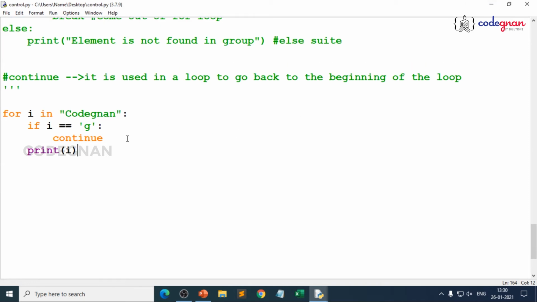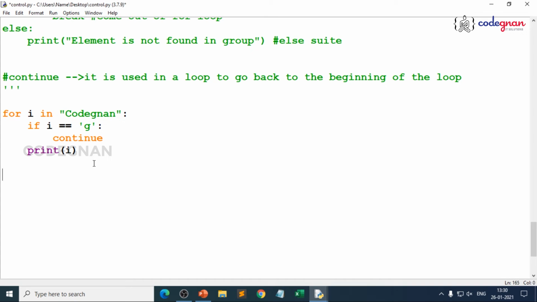That's a simple use case. When you go for continue, you are making sure the control is shifted again to the loop, but when you go for break, you are coming out of the loop. Depending on the payments and the user interfaces in web applications, you obviously use these things. That is the reason I told you to be good at logical thinking, then it will be easier. If you are good at writing conditional statements and control statements, it is done. If you want reusability, we define a function, which we'll learn in the next series of videos. But the difference between break and continue is very important.